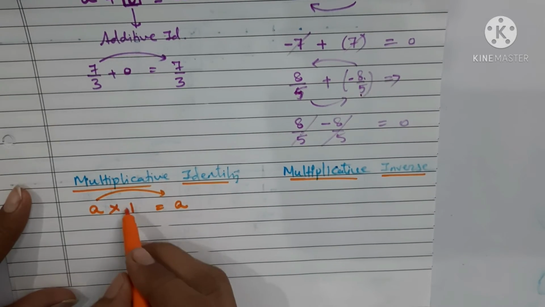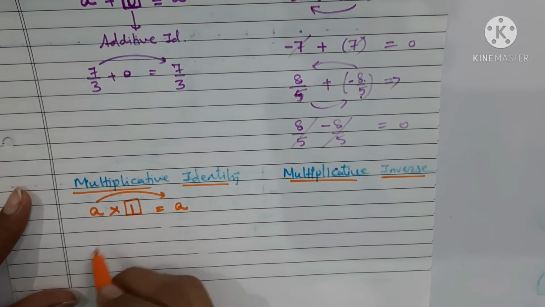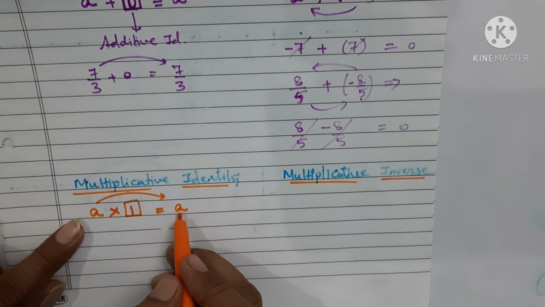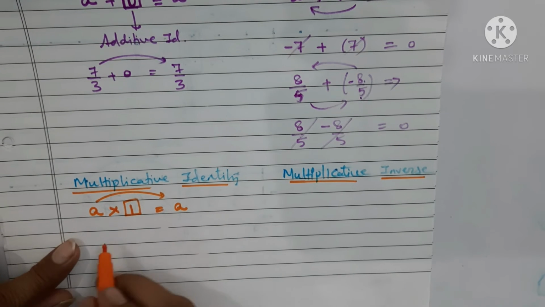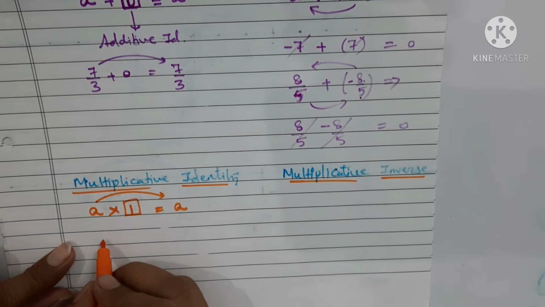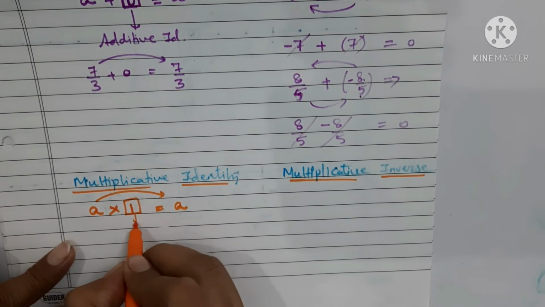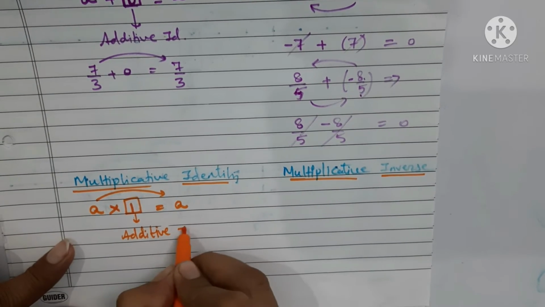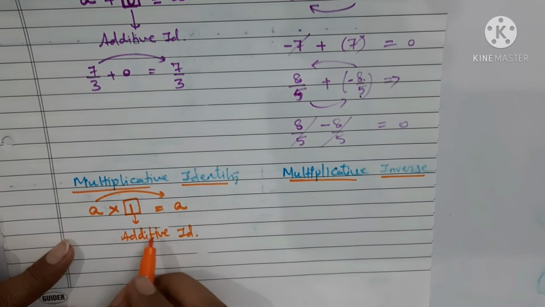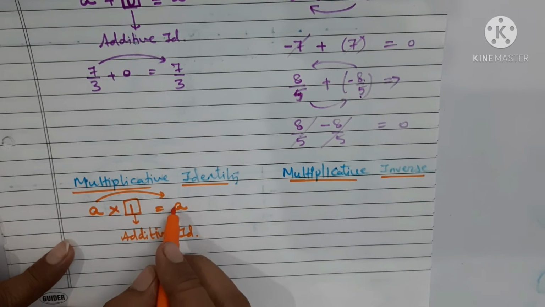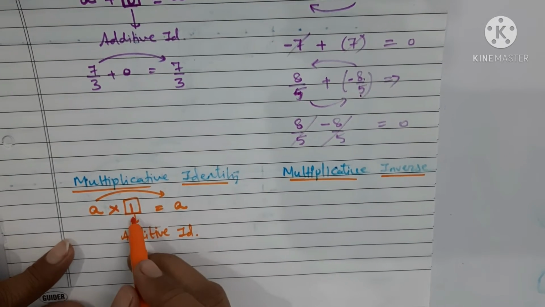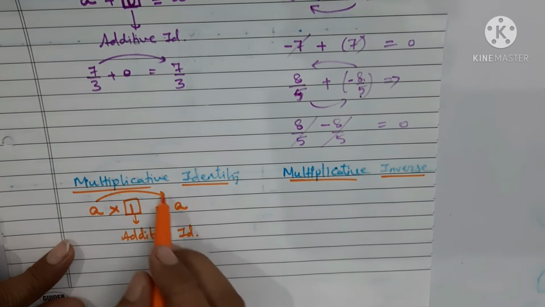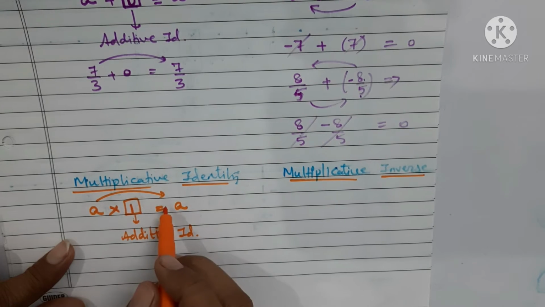Again, in this case, you can see 1 acts as an identity, which when multiplied with any number doesn't change the number. Or let us take an example for additive identity. This is the additive identity here. 1 becomes the identity here. Why does it become the identity? Because it is not changing the value after multiplication. That is why it has this identity of not changing the value after multiplication.